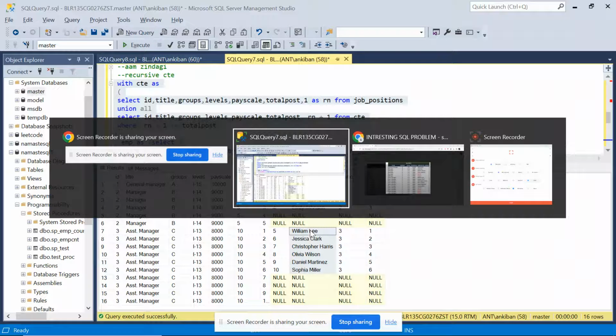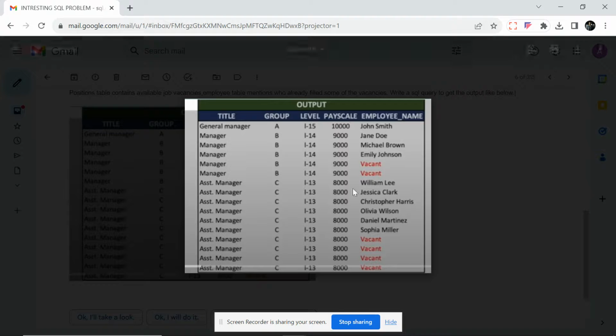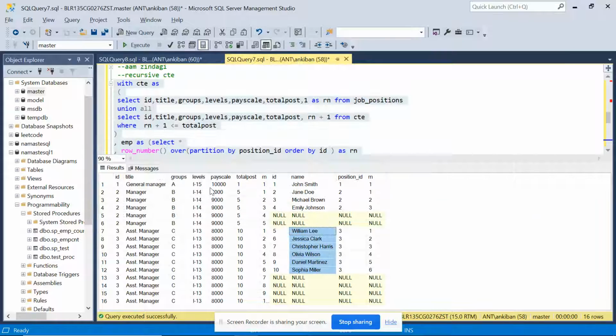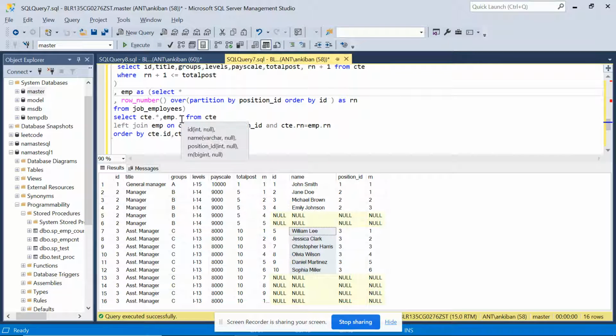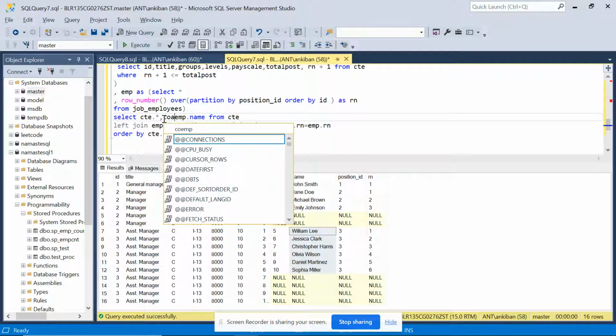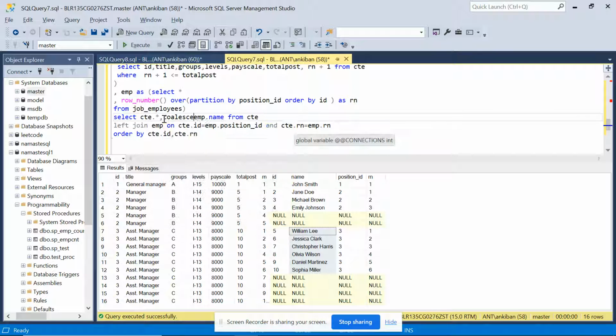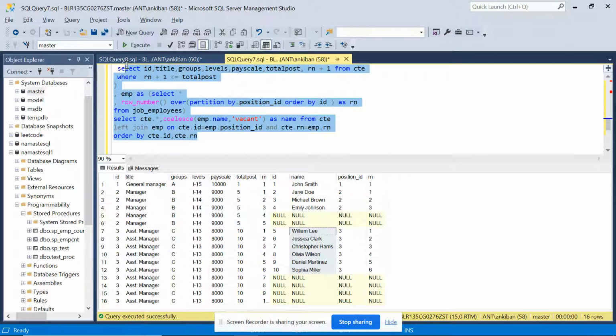So if you look at the problem, you see employee name, and in place of null they have put vacant. So what we have to do is just a null handling, and I will say ct dot star, and from here we just need name, we don't need everything else, and I will say call as, if employee is not there, then put vacant as name, right? And let's run it for the last time,